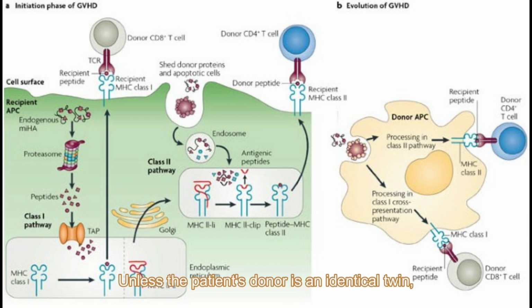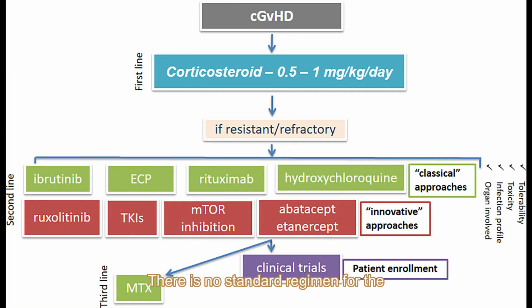Unless the patient's donor is an identical twin, a patient receiving an allogeneic stem cell transplant will receive some type of GVHD prevention. This may include removing T cells from the donor graft and/or giving medications to suppress the T cells in the graft so that they do not attack the patient's cells. There is no standard regimen for the prevention of GVHD, and different combinations of medications are given at different institutions. Some common medications that are given to prevent GVHD include